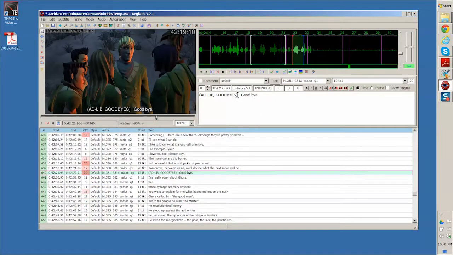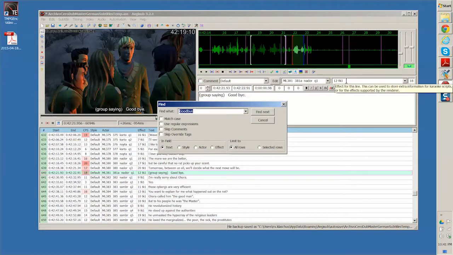And maybe if you're describing it, it's going to go into a subtitle, then you just say group saying goodbye, or whatever you want to explain, that they're all saying goodbye, but have that one loop in there. So how do you know if maybe there's some other lines like that? Well, a way that you can find out, if you remember this little TK1 thing up here, if you search in that effect field for